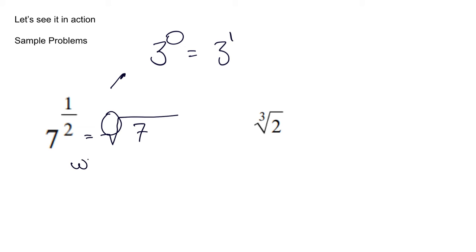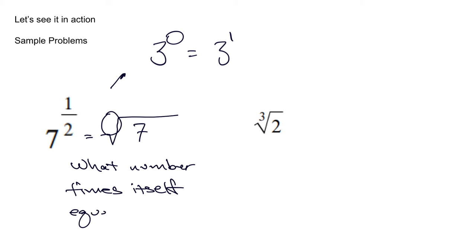This is asking what number times itself equals 7, right? We're multiplying it by itself twice. So there is no whole number that works. So we'll move on. Here we have something in radical notation,